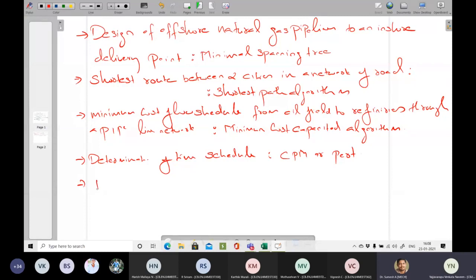All these algorithms are part of network models, and many algorithms like this exist. Everything you want to draw or solve has to be connected like a network. Only then is it possible to solve in the case of network models.